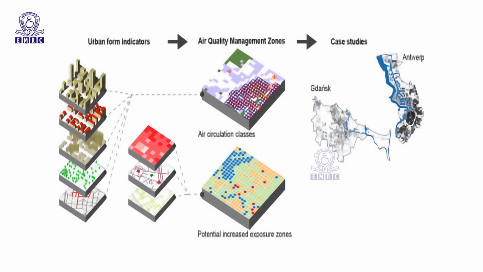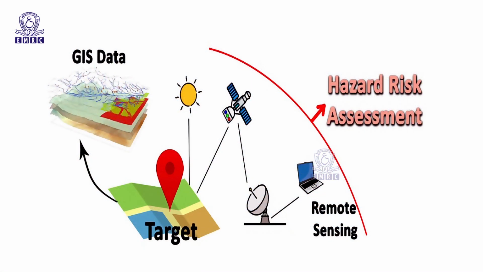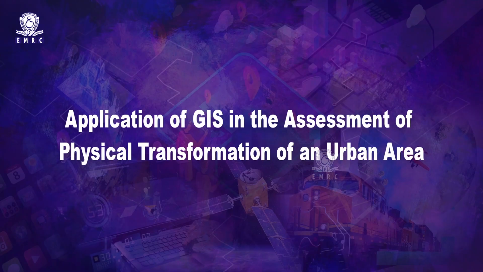Zone and district management: GIS is used in maintaining and updating the district maps such as the zone map and the floodplain maps. GIS is used in hazard impact assessment, for identification of geographically determined hazard impacts. GIS is used in land suitability modeling, where analysis of suitability of particular parcels for development is done. Application of GIS in the assessment of physical transformation of an urban area.